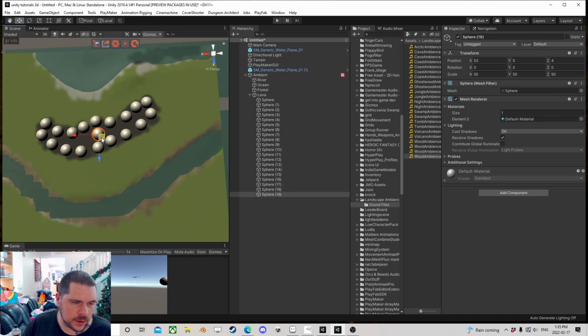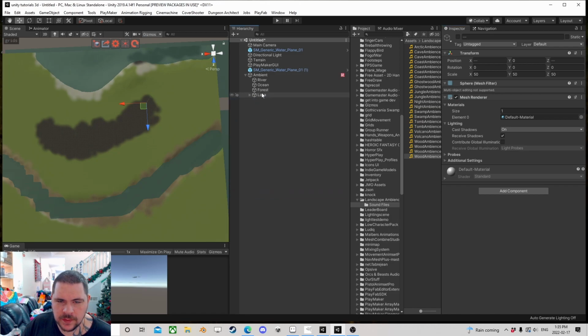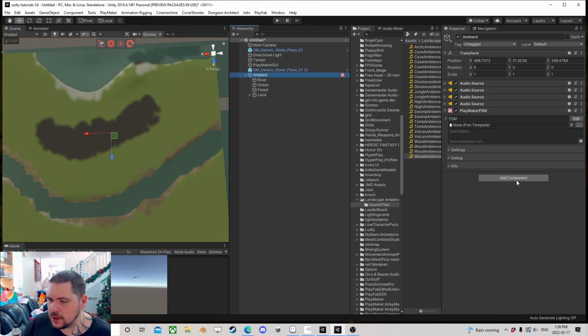Stick 1 or 2 in the middle. Alright, so there are our spheres. I'm going to deactivate those, or you can flat out get rid of the mesh renders, but if you want to adjust them, it's kind of nicer just to deactivate them. Alright, so now we need a